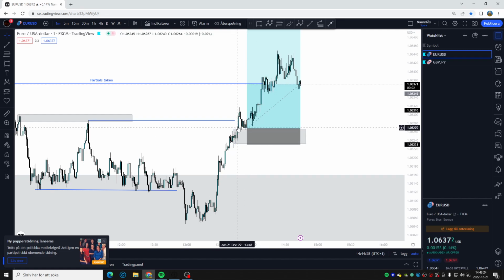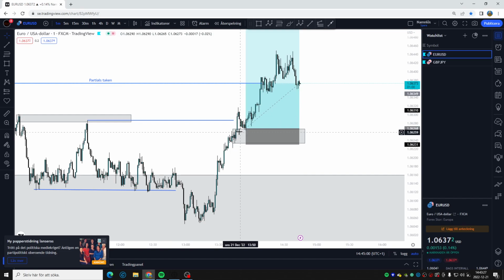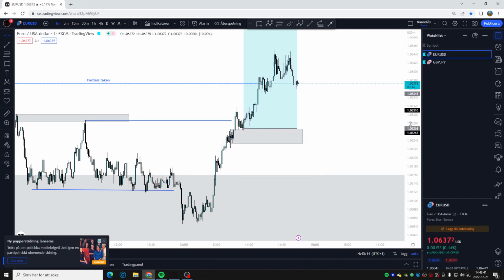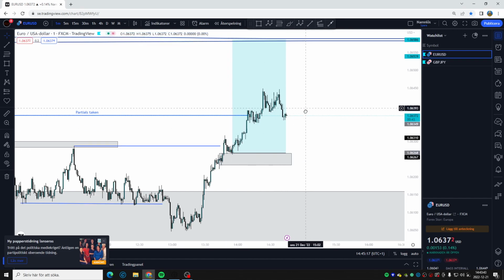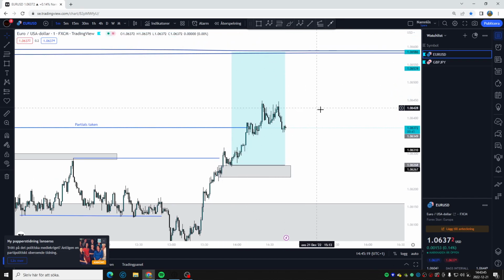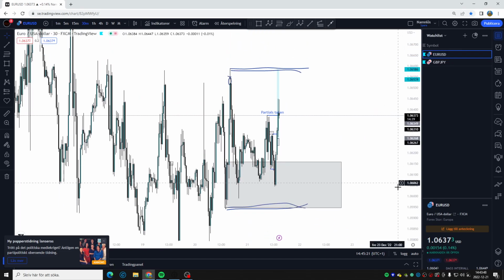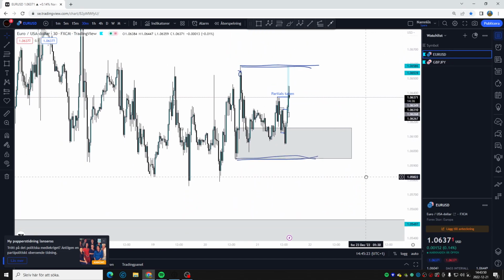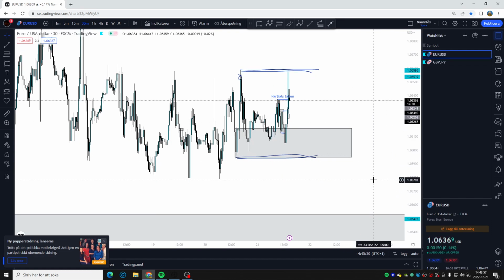We're trading from the zones where the price is breaking. We took the trade. It's coming up, broke the structure, coming down, filling in the imbalance zone. It broke the high. We took partials. We're moving up our stop loss, because there's no point to have our stop loss down here when the imbalance move is filled. So either now it goes to our stop loss or it hits our TP. And when you start to think like this with imbalance, you can see consolidations much better, and you're not getting faked out a lot, because we know